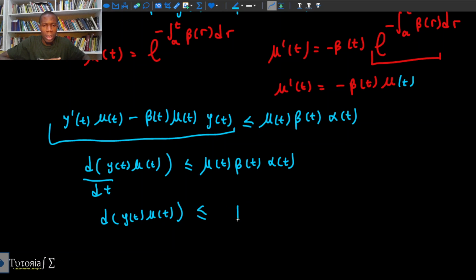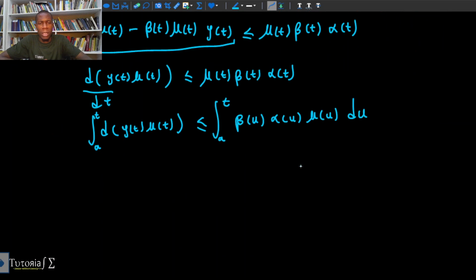less than or equal to, so this side will change everything to u, so that we have, let me write it like this, mu of u beta of u alpha of u, then du. Okay, then when I integrate on the interval a to t on both sides,